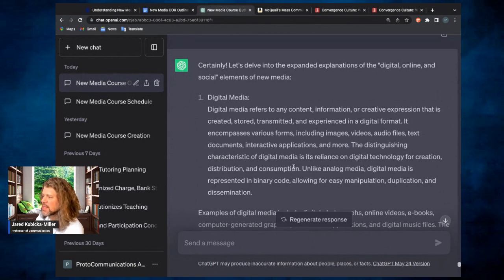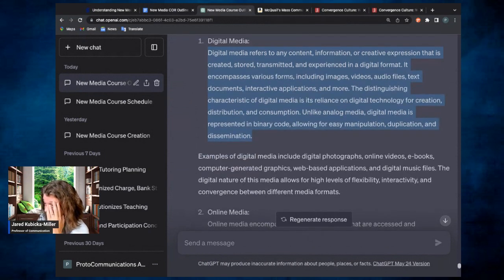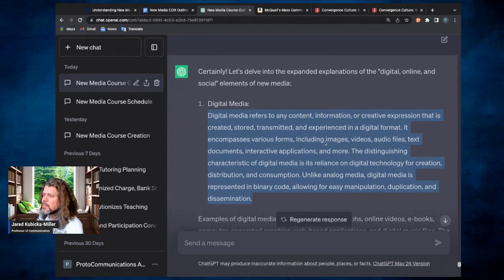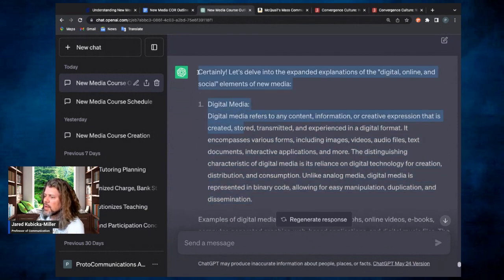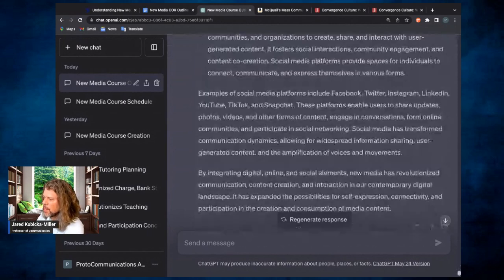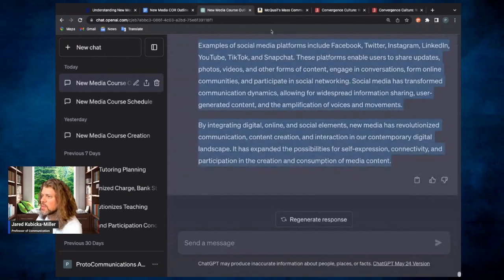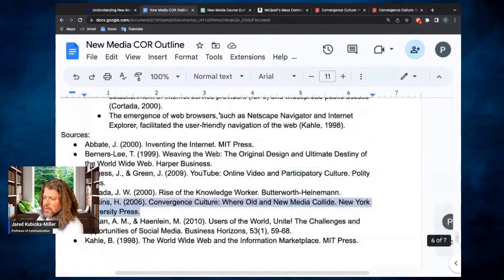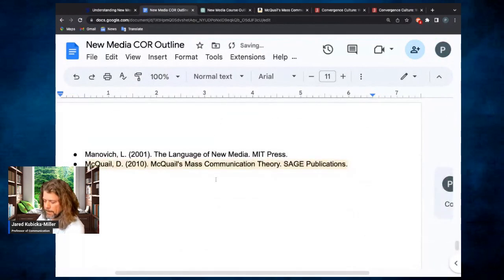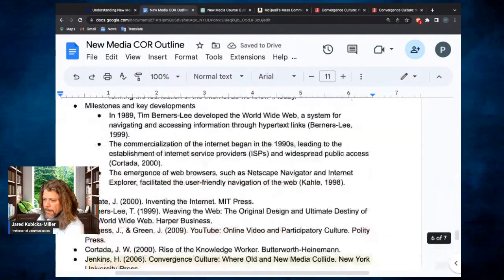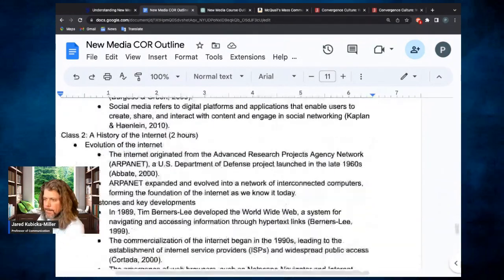Okay. Digital is easy. Digital technology for creation and distribution, unlike analog. So analog, yeah. I want to talk about binary code. That's a good one, because these help me explain it in real terms, common terms. Here we go. You know what?